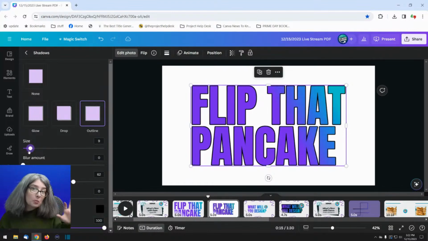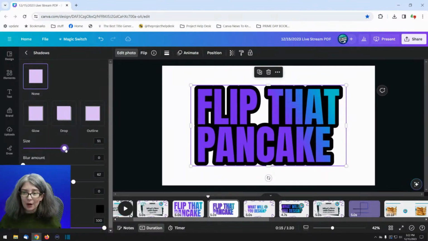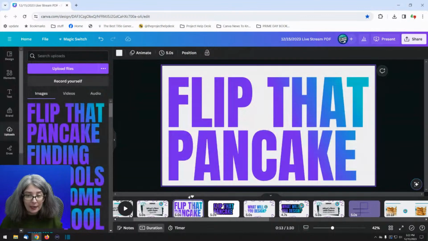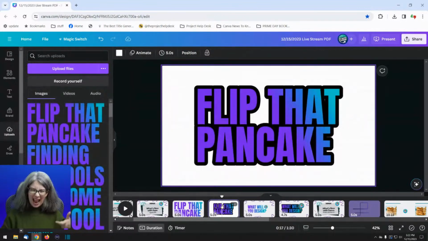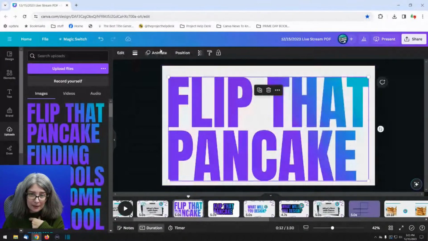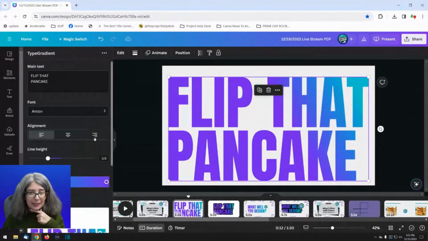If you want just a small, thin outline, just reduce the size a little bit. If you want a thicker outline like I do for my thumbnail text, then make it a little bigger. But that's how you would do it. However, in this case, you would not be able to make any adjustments. So make sure your words are what you want before you download it and add the shadow effect. Does that make sense?